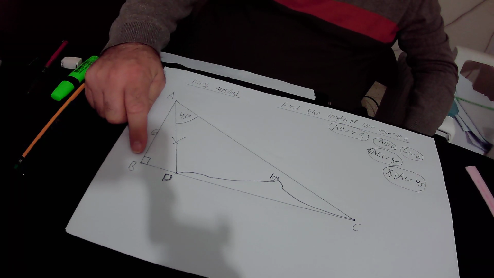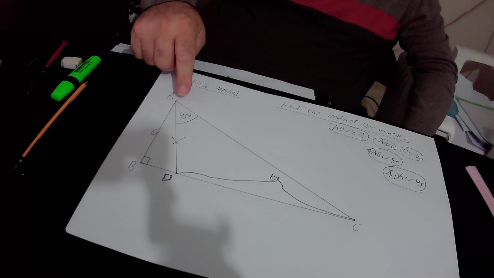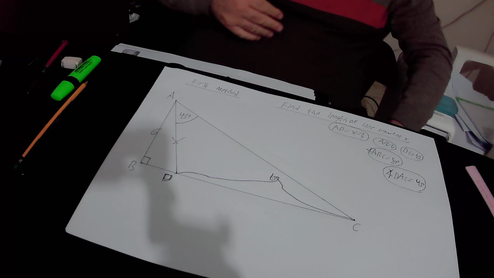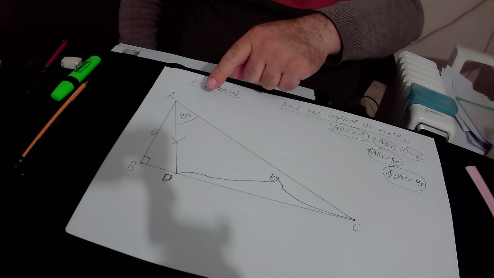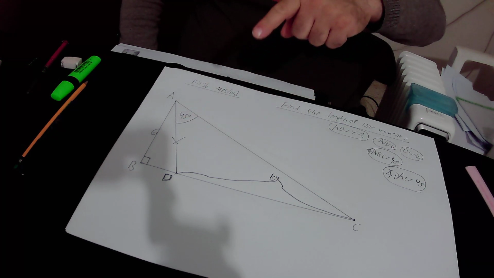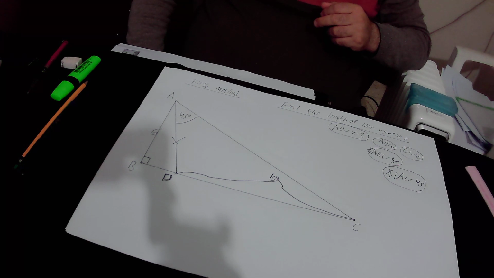Angle ABC equals 90 degrees. Angle DAC equals 45 degrees. And we want to find out the length of line segment AD, which is equal to X. So we'll start with the first method